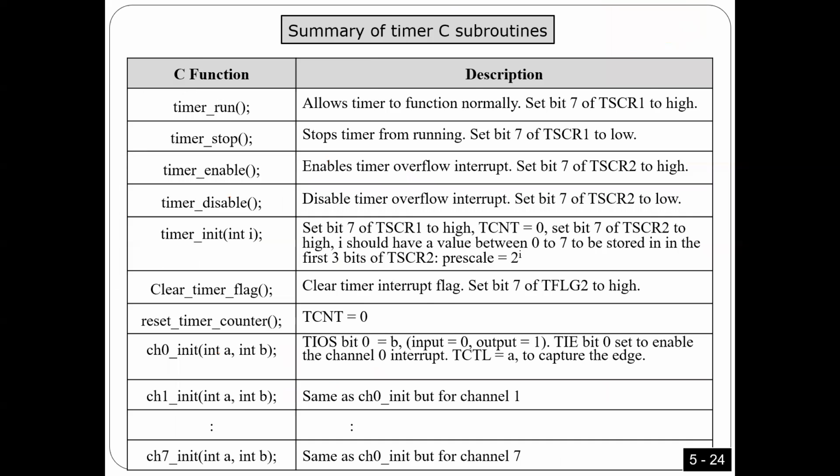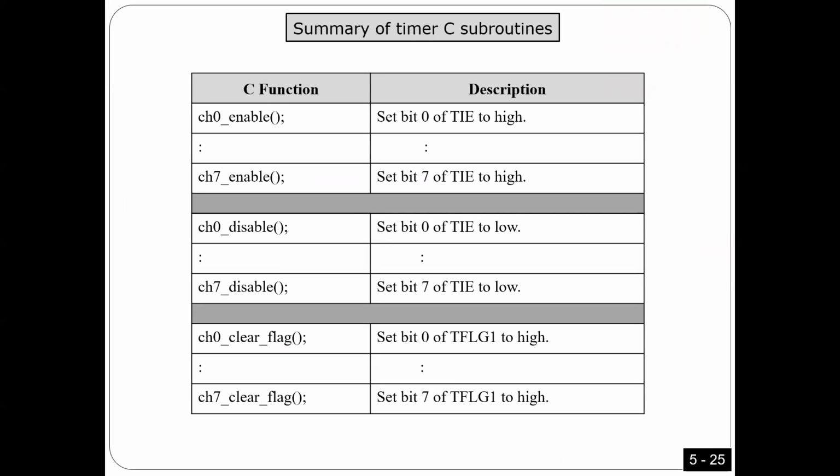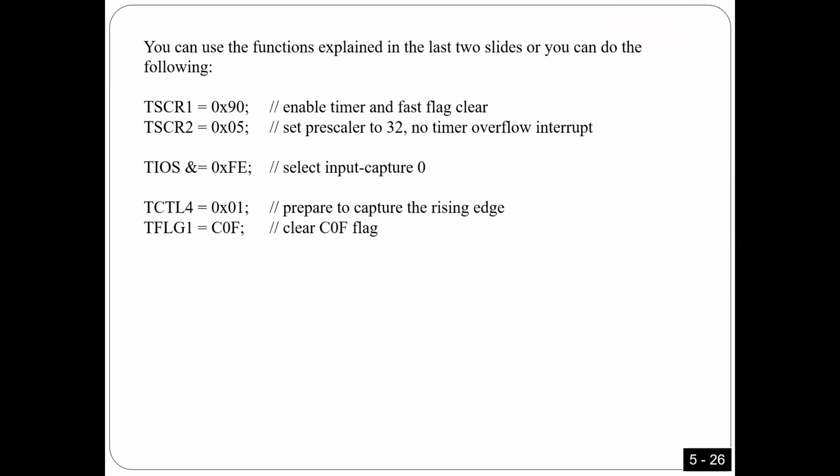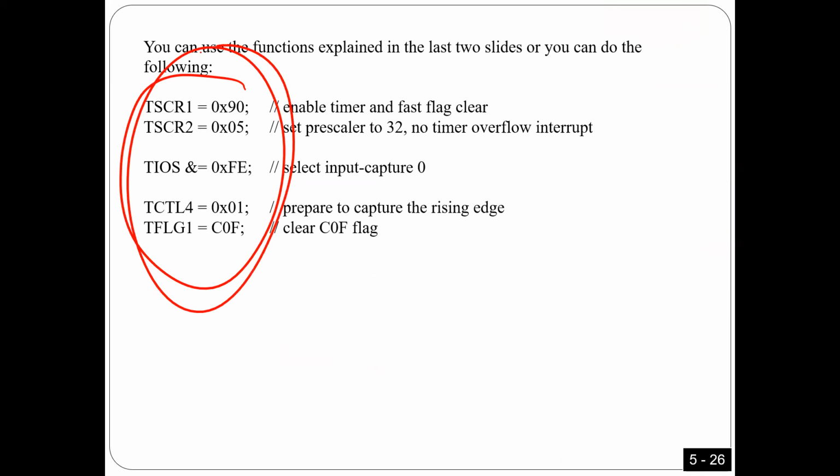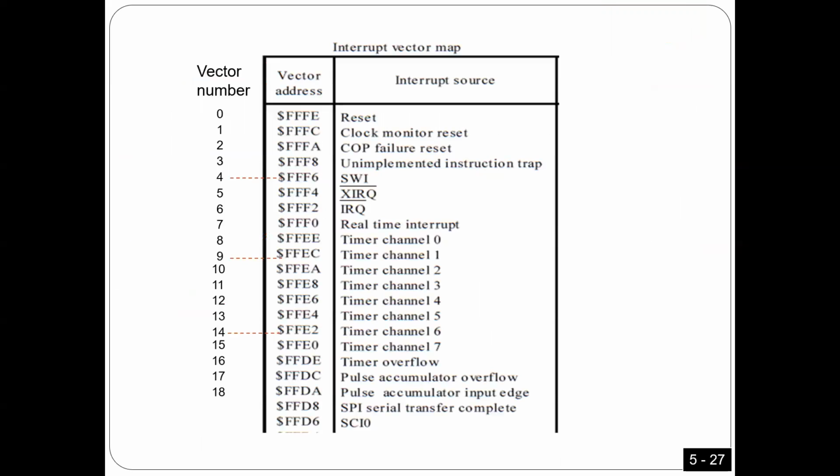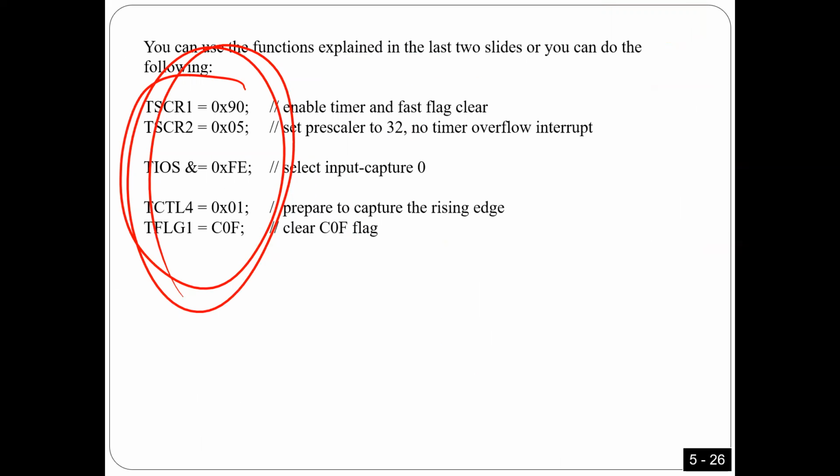Okay, great. Now, how can I do the same thing in C language? Similar to what we did before. In C language, you can use the names of registers the same way as in assembly, or you can use subroutines. We have a number of subroutines. You can just use the subroutines to make programming easier, similar to what we did before. So what subroutines do you have here?